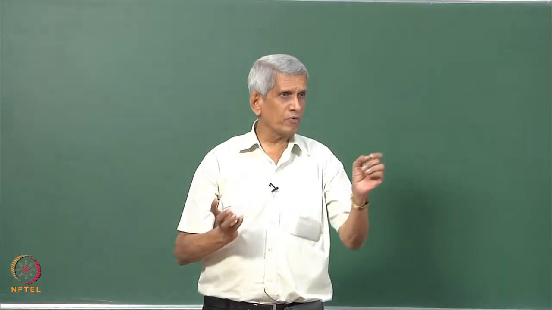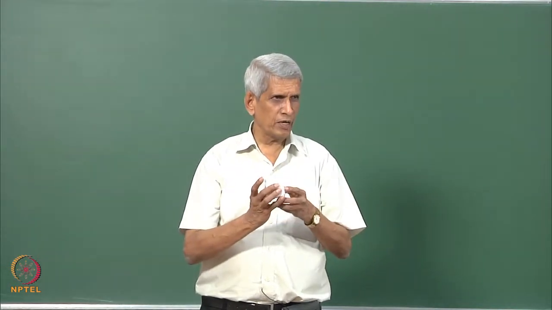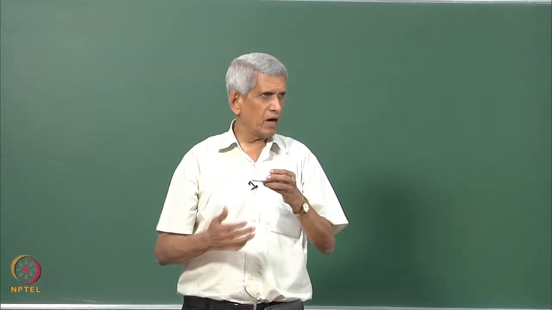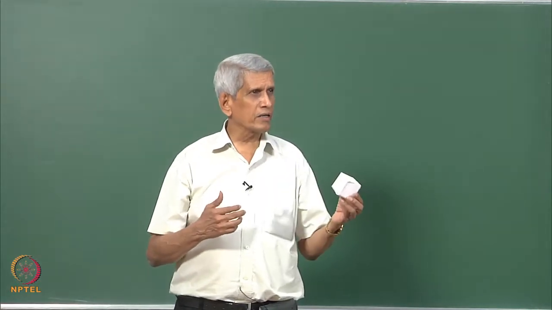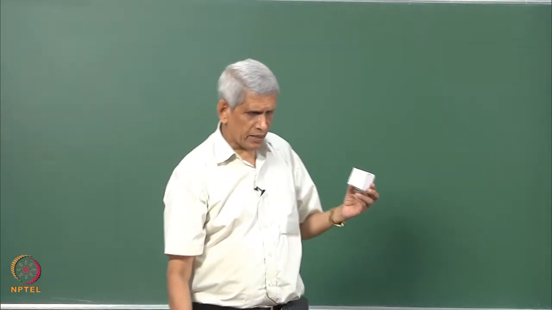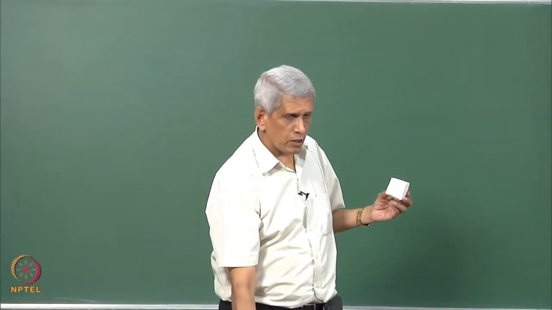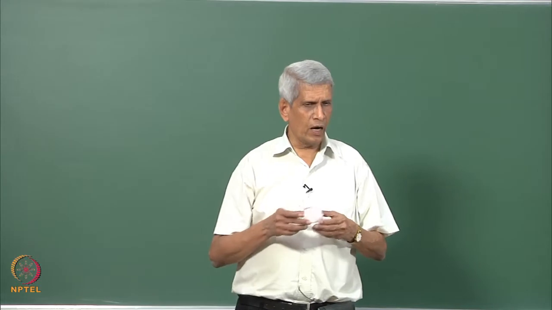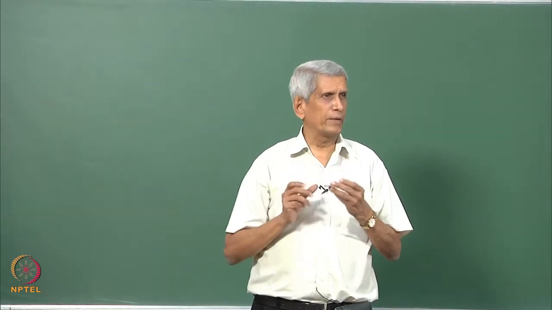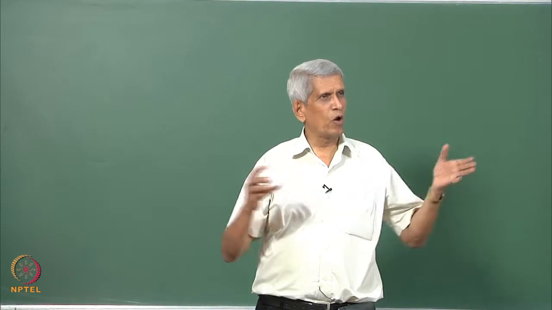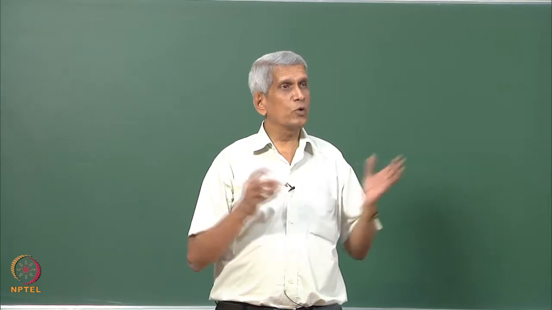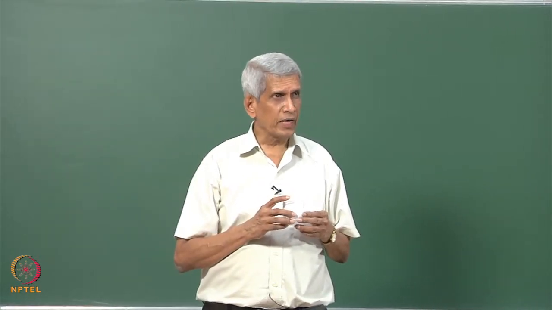So 2 types of mirror planes can be there. It can have an external shape which exhibits a mirror plane, one with the 110 face of the external form or with the 100 type. That is what essentially is shown here. Other than that, it can take any other form. Suppose I take 1 1 1 as the face, then how many faces can it have? 8 faces will be there, correct?